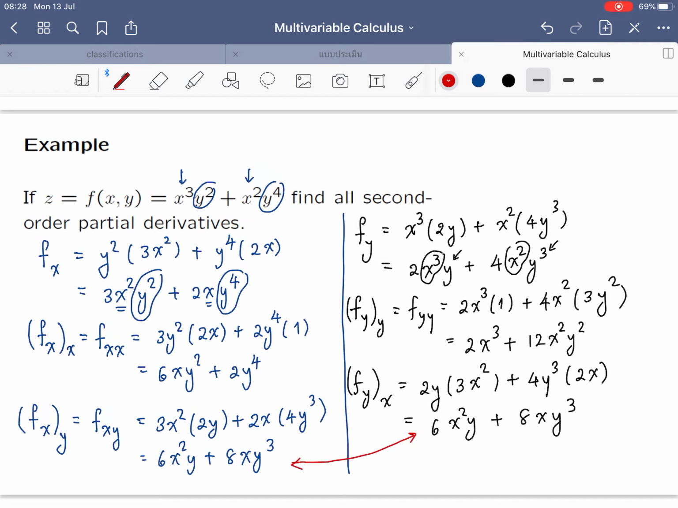These f sub xy and f sub yx are actually the same. Either you do the x first followed by the y, or you do the y first followed by the x. Usually in this course, not only in this course but for functions of two variables, 99% of the time they'll be equal. There will be only some cases that are not equal, but we are not including those in this course. However, even though they are equal,